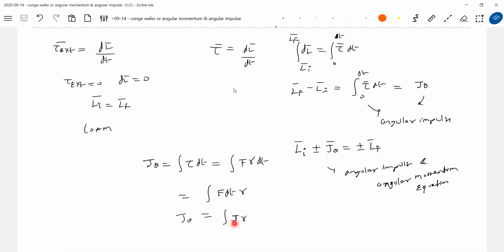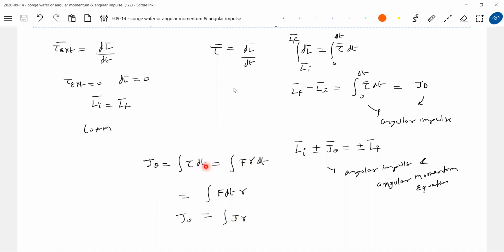So sometimes the information of J will be available. We know the linear impulse acting on a body, and we know a particular distance R. So angular impulse is set up. Sometimes we will not have the impulse, we will have information of the torque directly. Then torque into time will again be the angular impulse. Or sometimes we'll have information of the force, the perpendicular distance and also the time. Then you take help of this particular form.